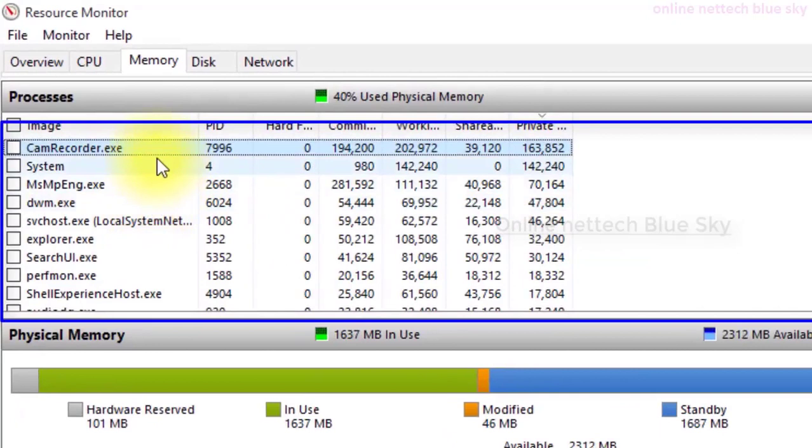Take cam recorder.exe, which is my software. I record my video here, and when I click on my software, it automatically starts this process and different services. You can see the software name and the process ID, 7996.